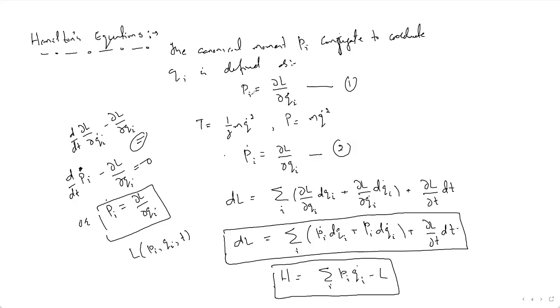We just define this canonical momentum in terms of the conjugate coordinate qi, and using this Euler equation, I obtain Hamilton's equations of motion. I define one simple thing, that is canonical momentum, and then use the Euler equation or the Lagrangian equation of motion. Lagrangian equations of motion are what we call the Euler equations for the Lagrangian, and since they involve the Lagrangian, we call them Lagrangian equations of motion. That's one thing.